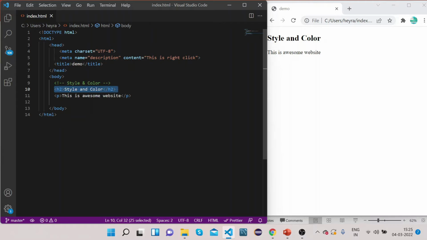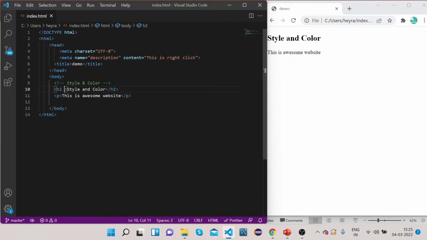So in this video we will just take a basic look at how we can apply styling on these HTML tags. We won't go very deep into the CSS. For that we have a completely different course of HTML with CSS, but in this tutorial I will give you the basic idea of how you can apply styling on your tags. Okay, so in order to apply styling,